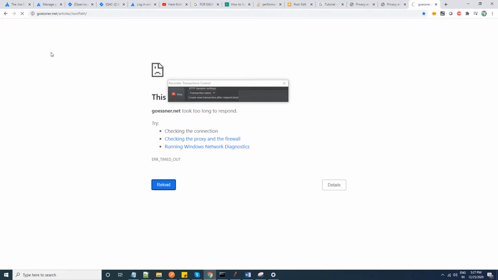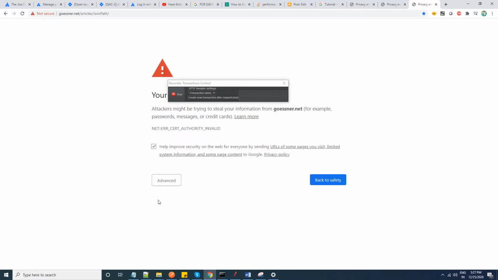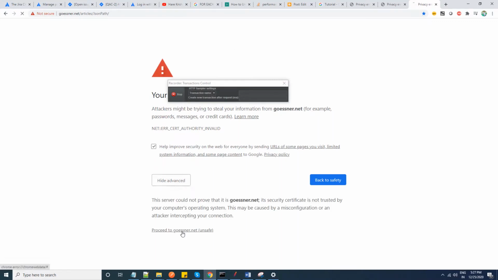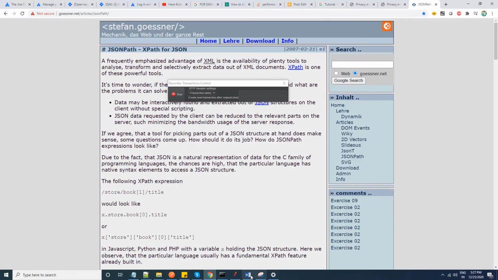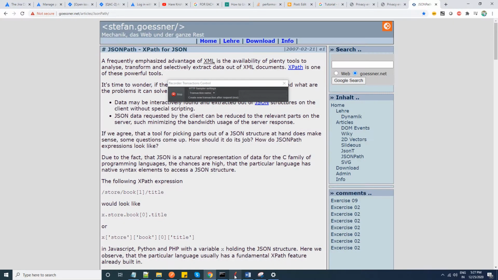If the URL is correct, it will start recording. If you see here, JSON path, it has recorded the script. Now I'm going to stop the recording.